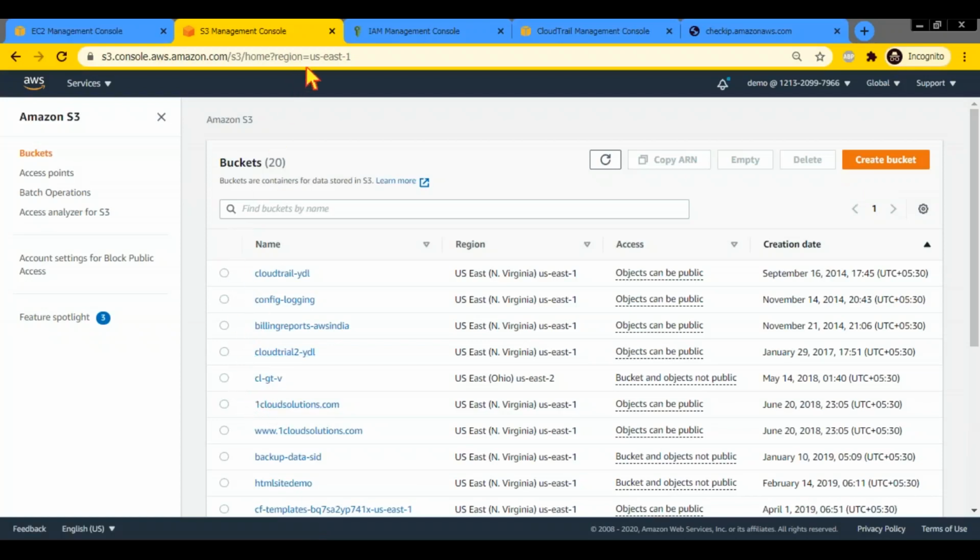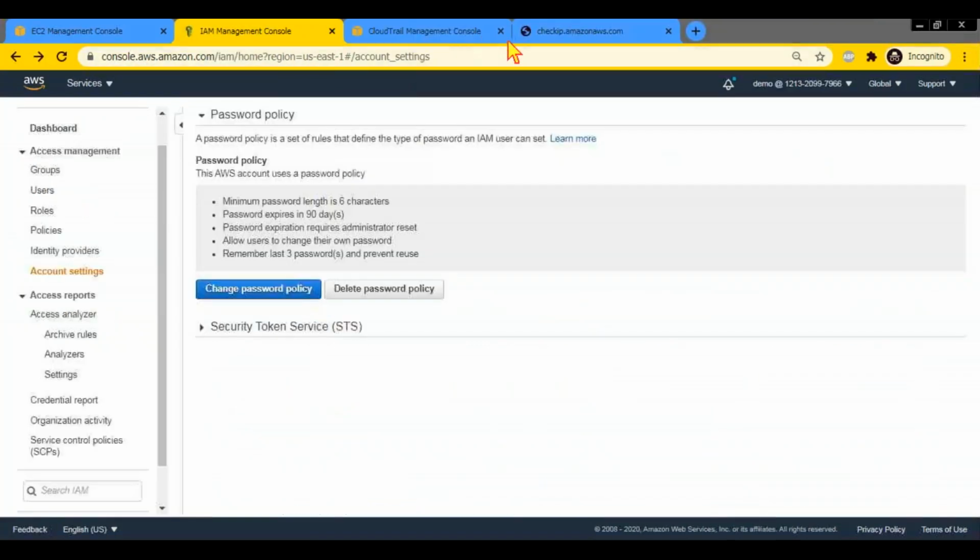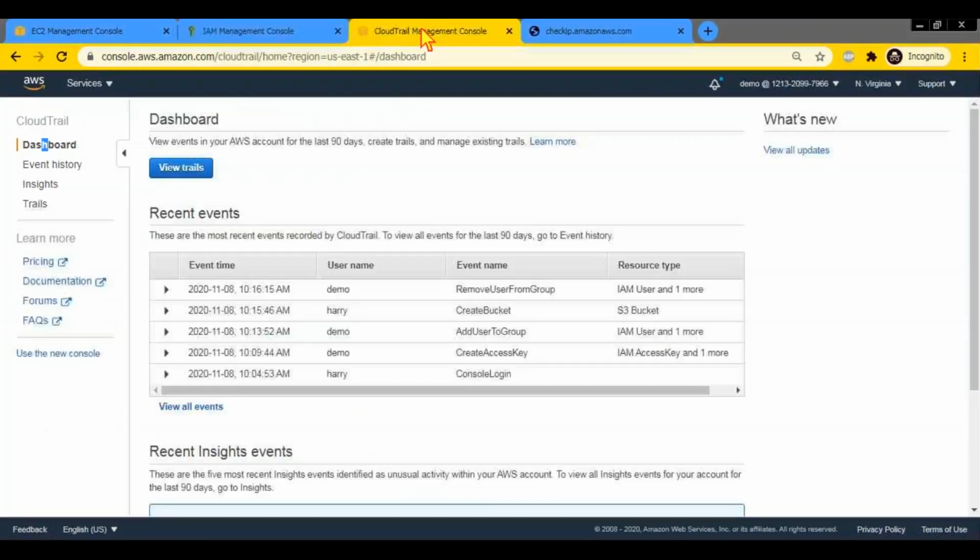So it is a good practice to store your CloudTrail logs, so that your security or your auditing team can track, or if something happens, there is a breach or something happens, they can track who did that, right? Which is again a good reason to have separate credentials for each of the users, so that you know who is doing what, right? So any questions on this so far of CloudTrail?